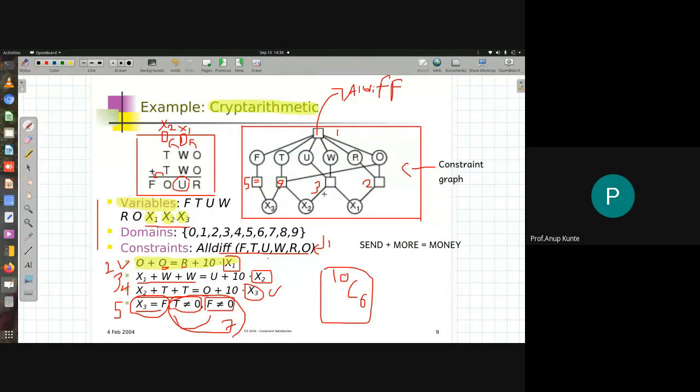In the hundreds place, 9 plus 9, when I add them, it is 18, and the carry that I get from the previous digit will be 1, so it will be 19. So 9 will be the resultant and the carry will be 1. So f can't be more than 1 in this scenario. So you can relate that f can only take value 1 out of these 10 domain values that I have for f. The only valid value such that it satisfies the problem constraint is 1. And this is how you'll unwind and solve it.